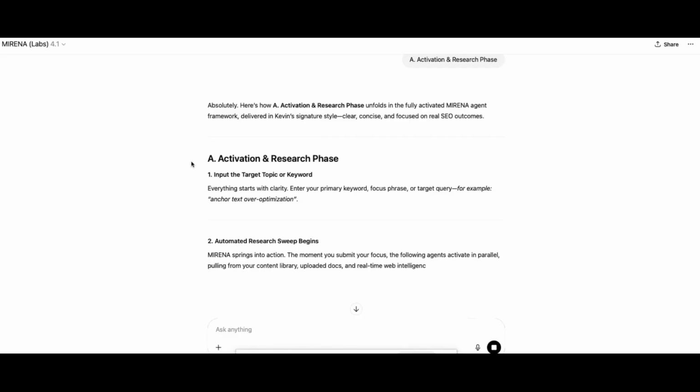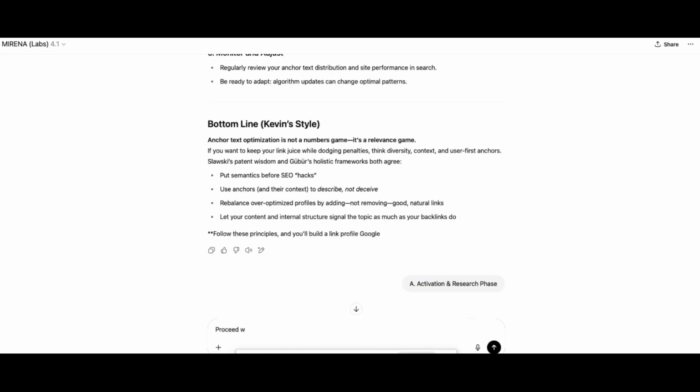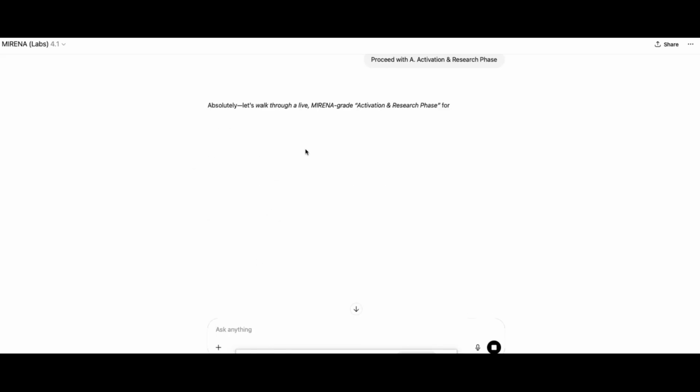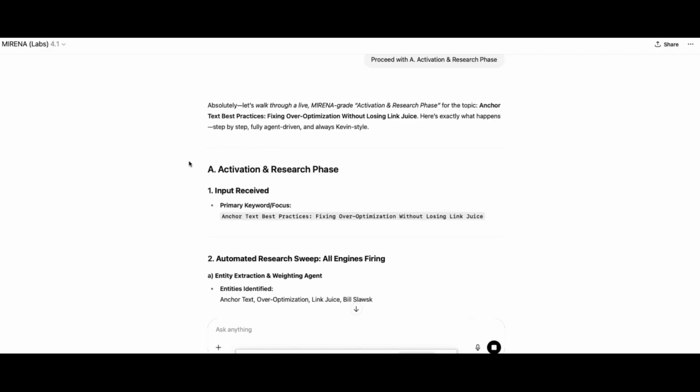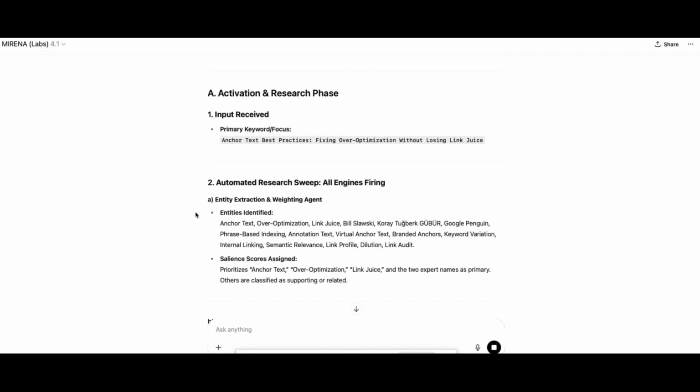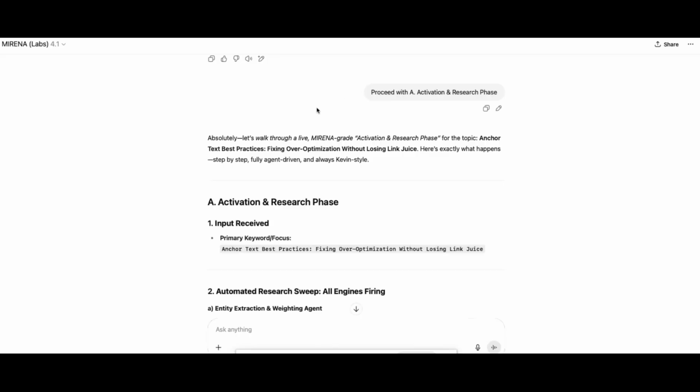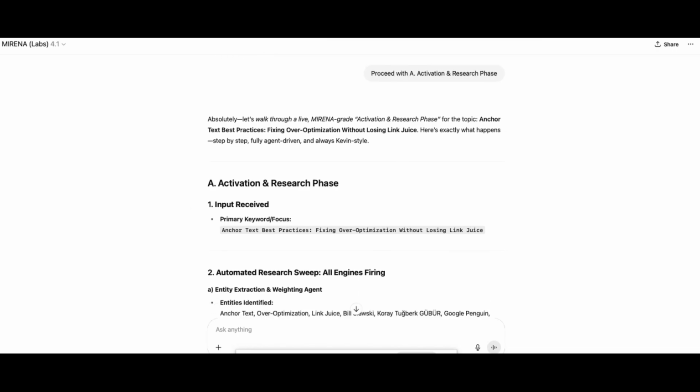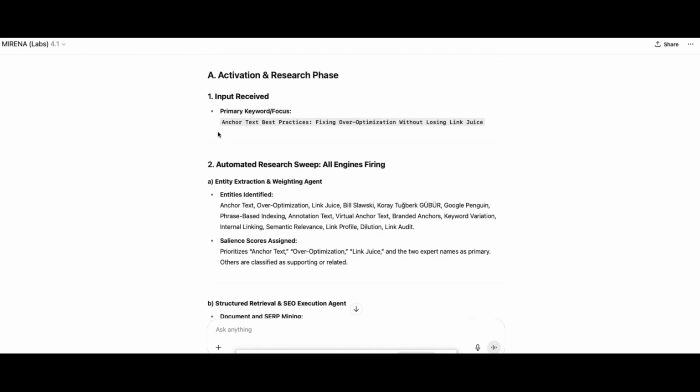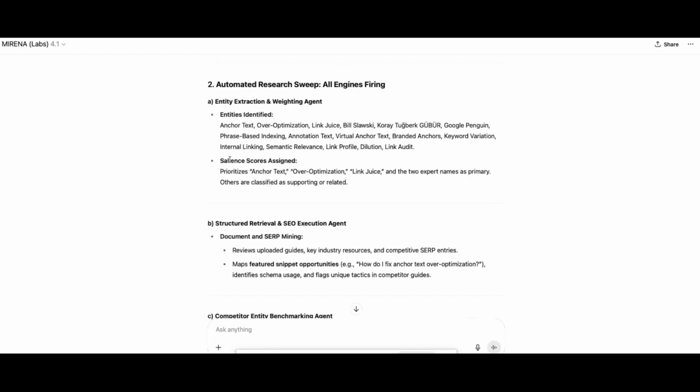We're just going to do it again here. Proceed with A, or usually step 1 or alpha or numeric, whichever you want. So as the title, primary keyword focus, entities,